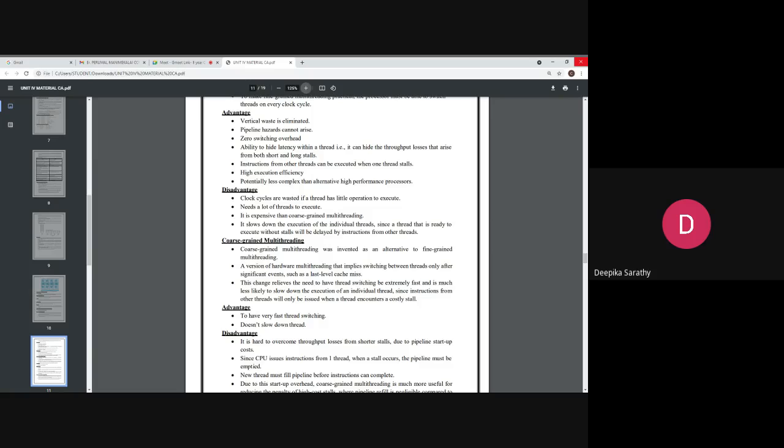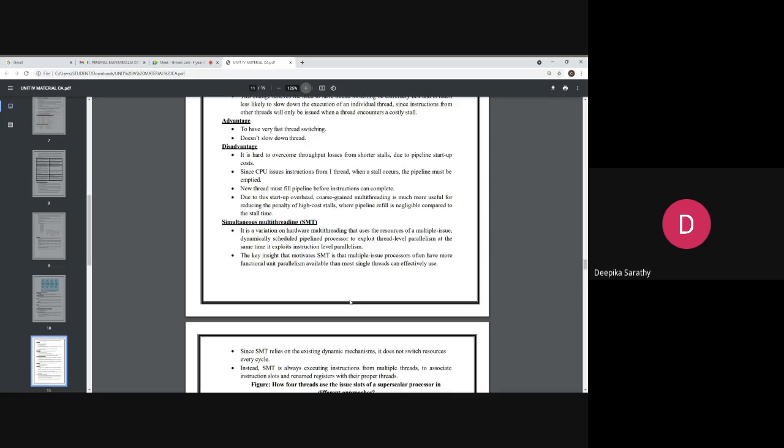Only when the priority is very high will it go to that execution. Okay, what is the advantage? To have very fast thread switching. Next, it does not slow down the thread. When the thread finishes, it will go to the next step. That's all. The thread switching is also very fast. Disadvantages: